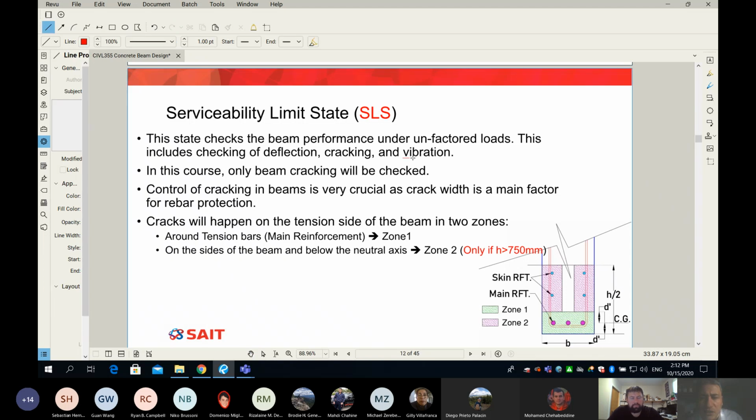So this vibration here, typically we don't do that, because concrete is bulky, heavy, and has enough self-weight to damp any vibration. You never see any concrete floor that really vibrates. Really, what vibrates is the steel floors. If you have a floor supported on steel beams, they are not as bulky as concrete beams, and